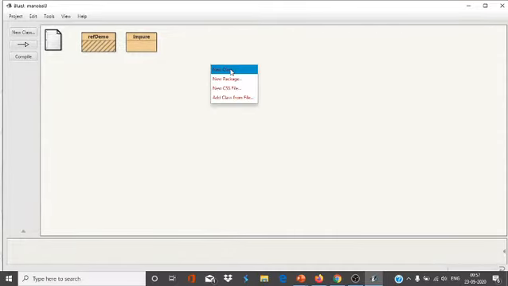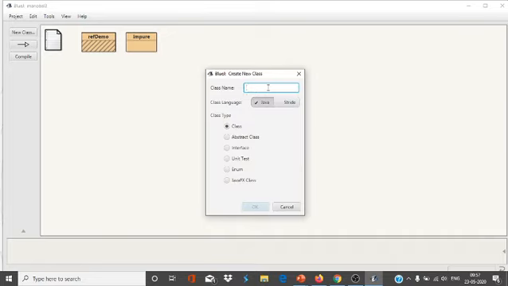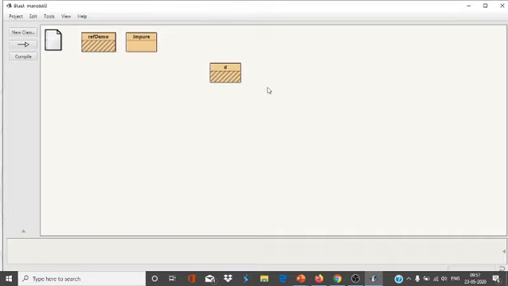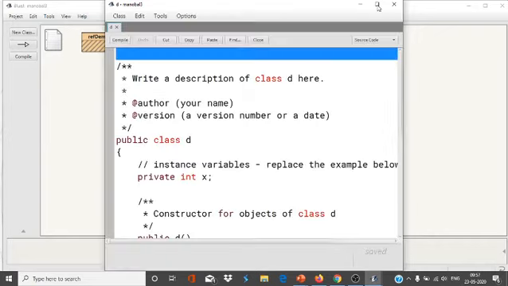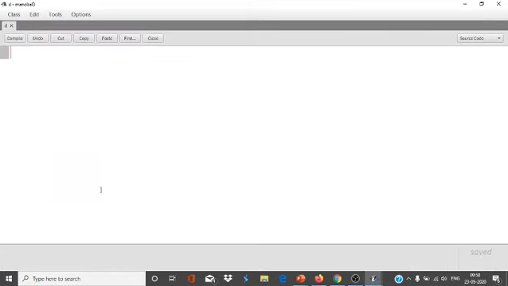Take a new class, open it, delete the default code. Now start writing the program. Suppose class overload.